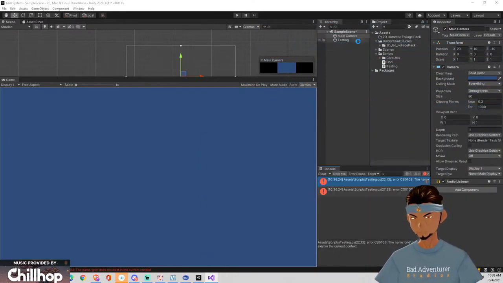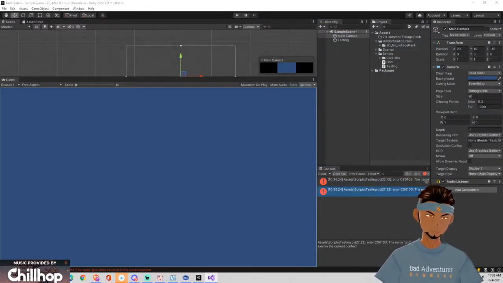Let's see. Here, let me test something. Oh, well, it's not gonna work because I broke everything. Everything is awesome. Okay. Let's think about this. Any grid I click on, regardless of what it is, I want it to churn out